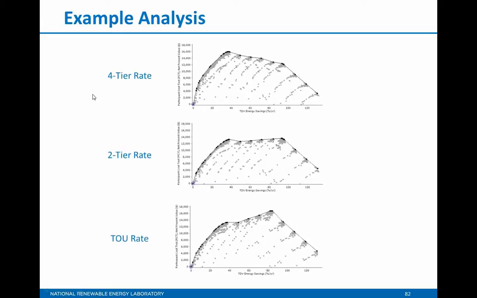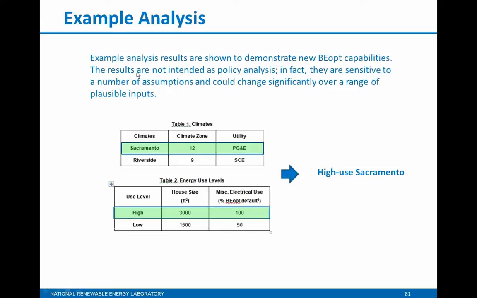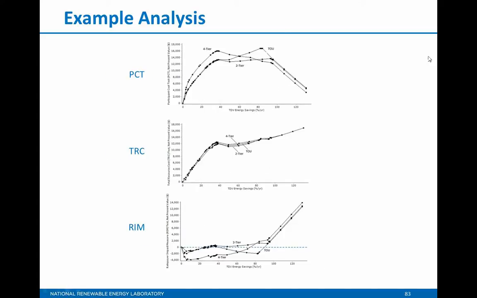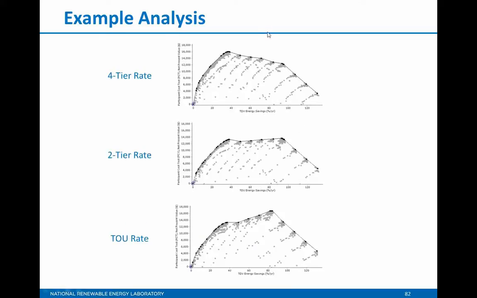I should back up and mention a caveat: these are just example results, and in fact they're sensitive to a number of assumptions and could change significantly over a range of plausible inputs. The purpose of showing these is just to illustrate the new capabilities in BEopt for doing this sort of analysis, not so much to attach meaning to these specific results, but to see what the form is. So if I take the optimal curves from these 3 plots,